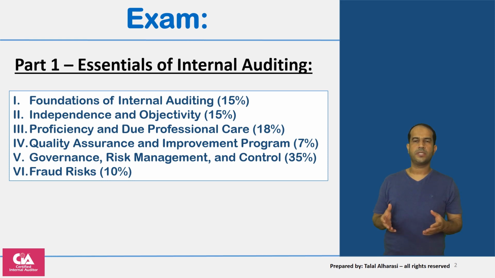and includes 6 domains covering foundations of internal auditing, which is 15% of the exam, independence and objectivity, which makes up again 15% of the exam questions, proficiency and due professional care, which represents 18% of the exam questions, quality assurance and improvement program, which is 7%, governance, risk management and control, 35%, fraud risk and it's 10% of the